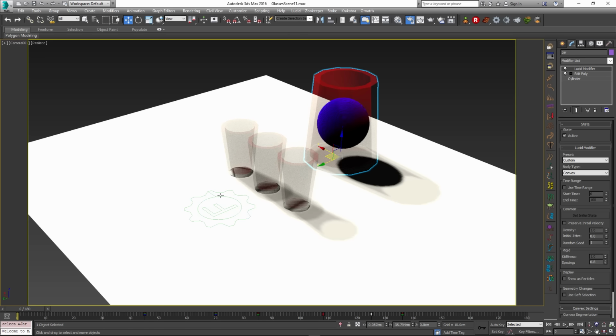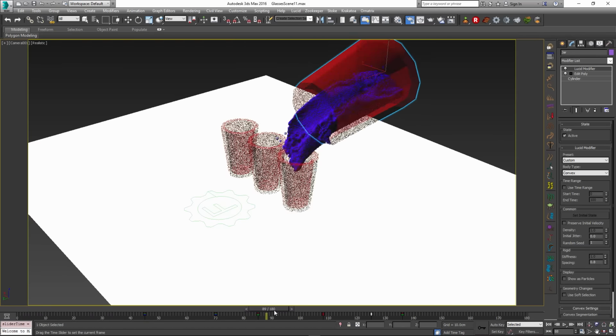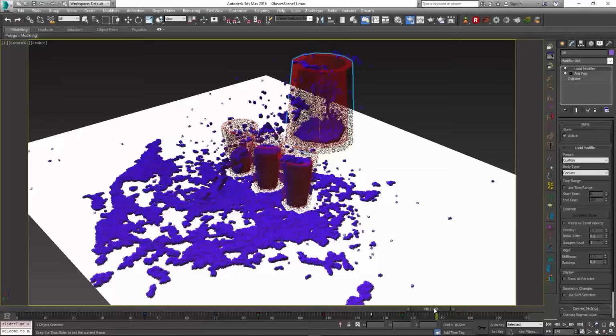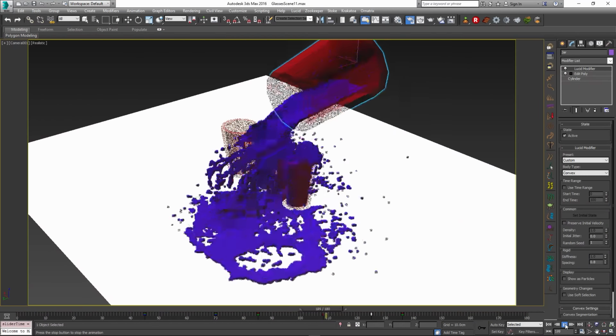So as I mentioned, I have already recorded the scene, and as you see, the water first splashes inside the jar, and then it goes and pours inside each one of the glasses and ends up on the table as well. So if I play this back in real time, you can see that the water is pouring back